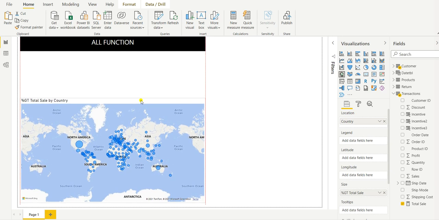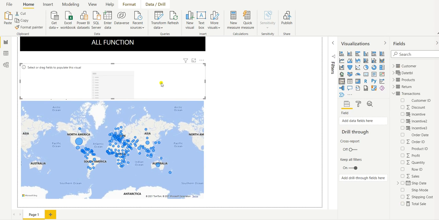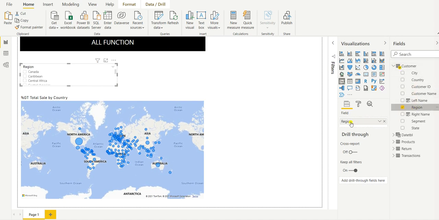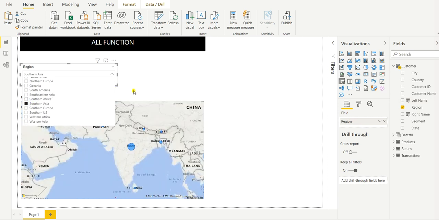Let us now include one filter. Let me have a slicer. So I will include the region here as well. And now suppose I want to know the region wise sale, so suppose I want to know the Southern Asia.